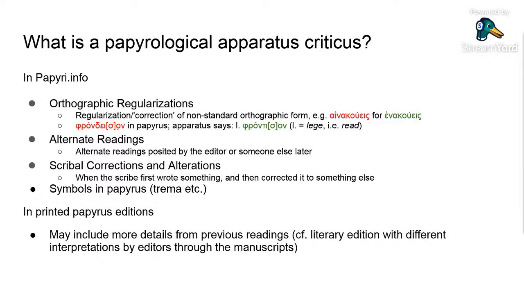So there are a couple of examples. So we have something that's sort of non-standard orthographically or linguistically, and then there is somebody who has suggested that the standard or the more normal, more common, more recognizable form is something else, which is marked there in green